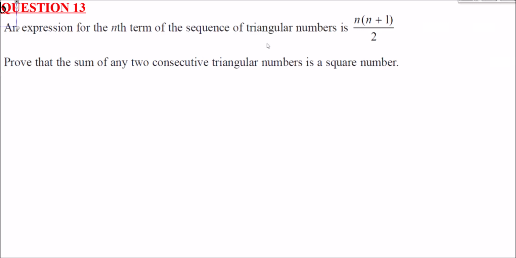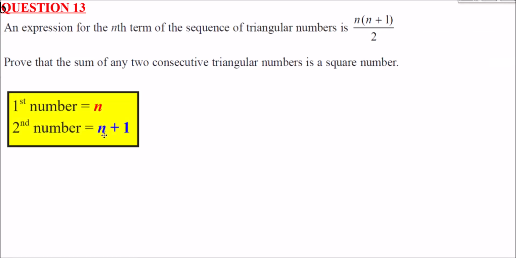So what I'm going to suggest we do here is to consider the first number n, and the one after that will be one bigger, which will be n plus 1. So let's use this as our setup. Let the first number be n, and the next one n plus 1. So therefore, the sum of any two consecutive triangular numbers will be, if starting with n, we're going to have n brackets n plus 1 over 2